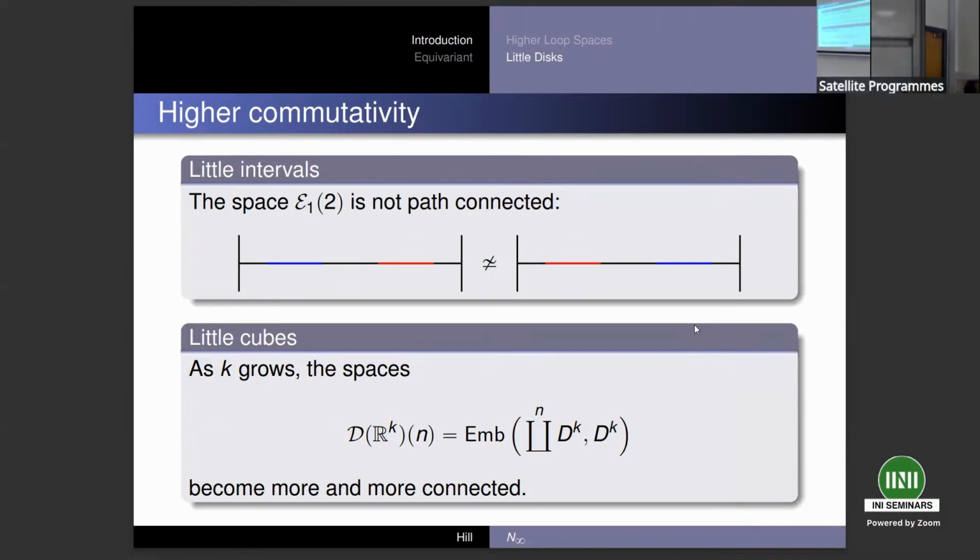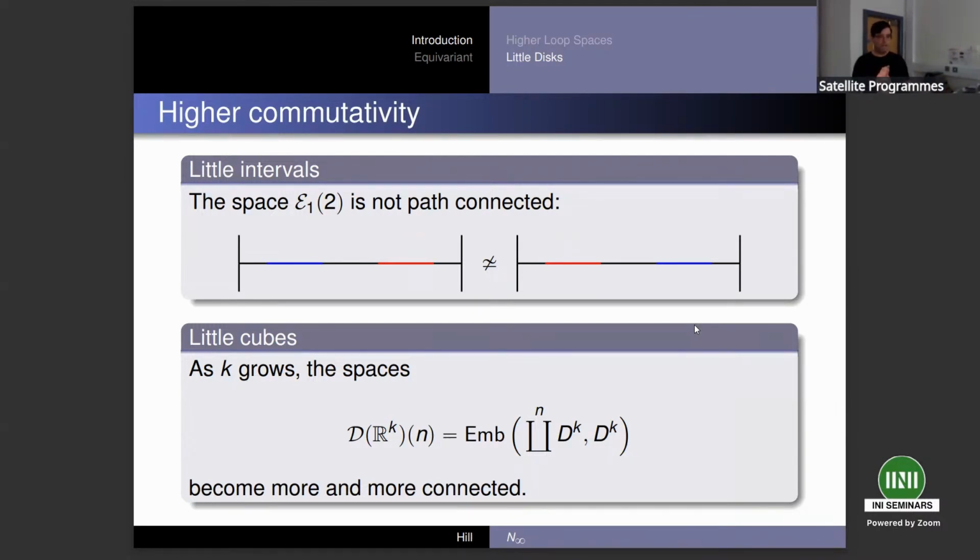And this is one that we know from when the higher homotopy groups of spheres were first developed. Hurewicz noticed that pi 2 is abelian, and all the higher ones are. It's exactly this statement that I can move the two disks past each other. I can rotate them around. I can say here by saying that as k grows, the little disks in R to the k, with a trivial action of G, so this is actually still an equivariant statement, becomes more and more highly connected.